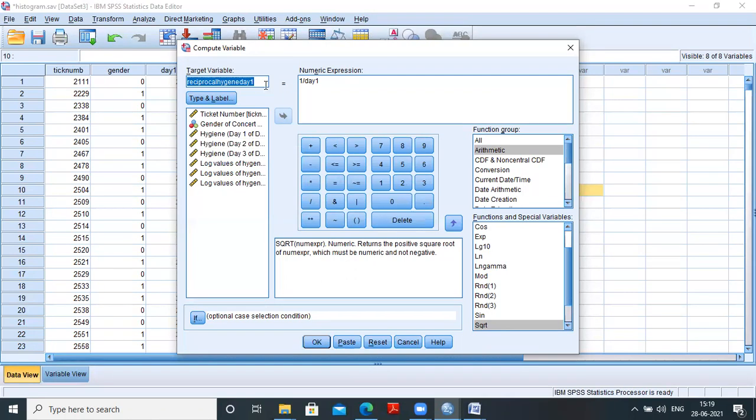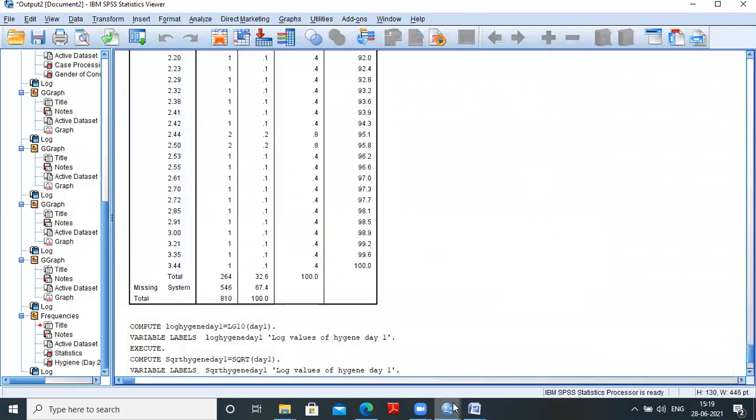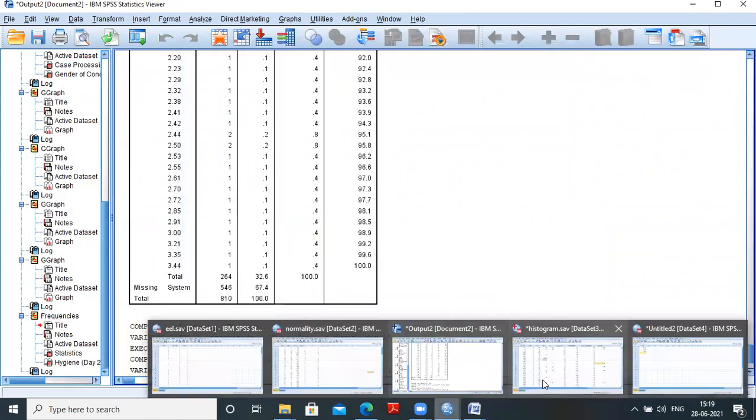You can calculate total hygiene level. And here you will use the function like this: hygiene day 1 plus hygiene day 2 plus hygiene day 3. And your variable will be computed and stored in